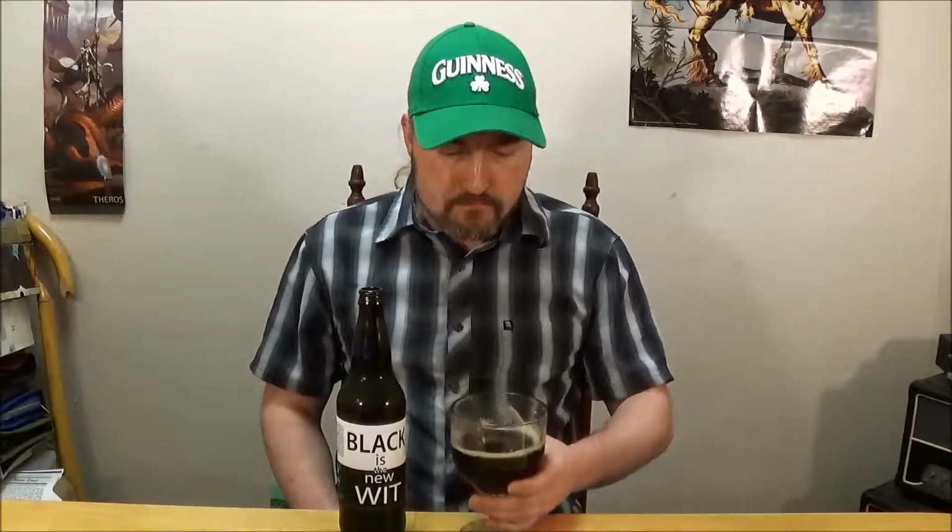Guys, this is the hardest beer I think I've ever had to try and describe. It's so unique, and it's just delicious though. I mean, with all the things they put into this, a lot of breweries, they'll put a lot of crazy and unique ideas on the table, and sometimes, a lot of times, honestly, when they really try some crazy stuff, I just don't think it works. And that's the reason why they don't become, you know, main year-round brews for these companies,